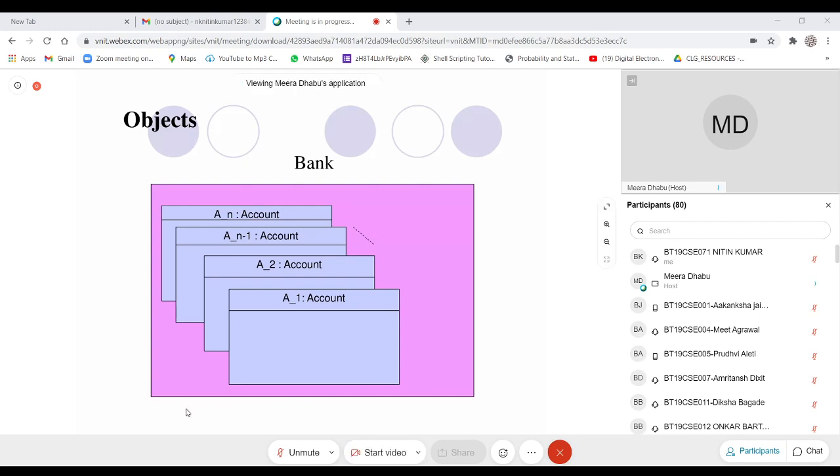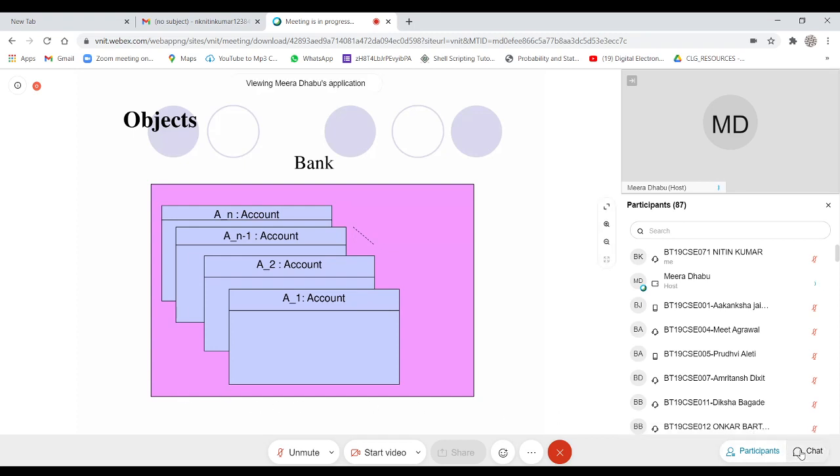Create as many instances, or as many entities, of the same type as needed, and for that we can write the class definition. That much we have seen. Now, coming to the very first feature of the class, I hope everyone understood what is object and what is class. If you have any query, let me know immediately.